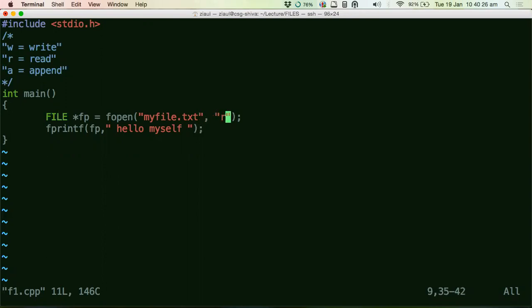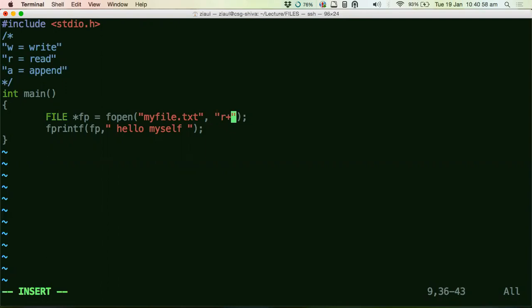If you want to do both a read and write on that file, how should you do that? You can say either rw, or you can just say r plus. So what does plus do? Plus says that you can do a write as well along with the read. So plus is a shorthand for WR, that is write read, or r plus is the same thing, that is read as well as write.